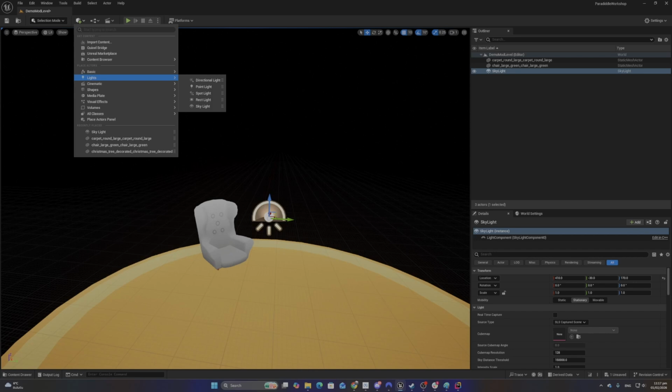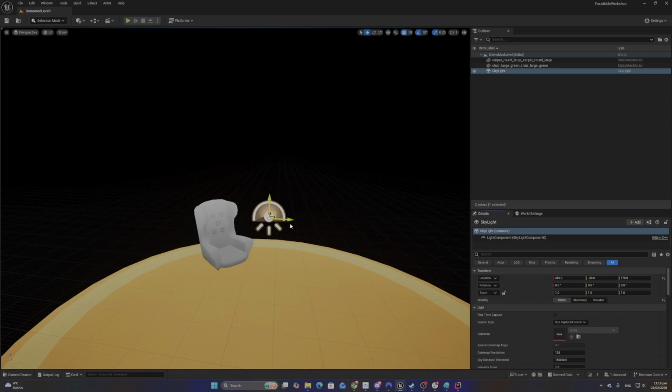So for anyone who is a bit unfamiliar with this concept with lighting and who just wants to go for a simple level, I would definitely recommend using a simple skylight and nothing more. Another important note is that the more lights you have, so we could change this to static, the more lights